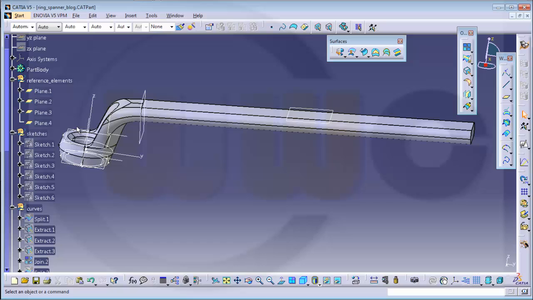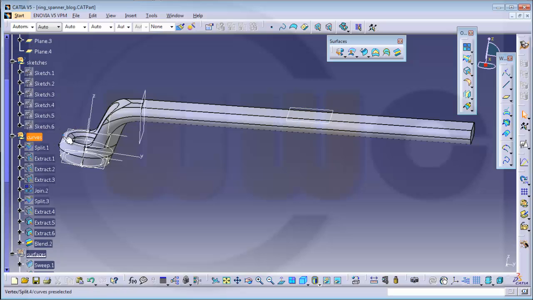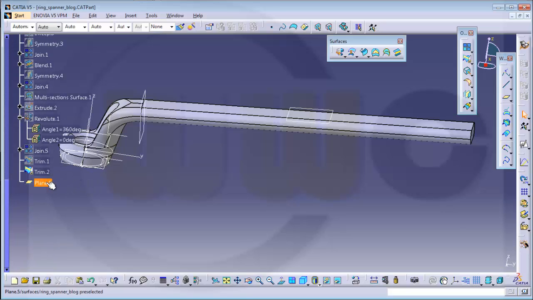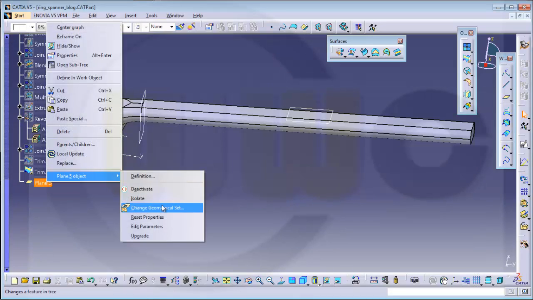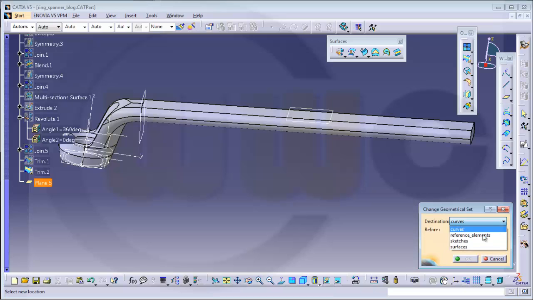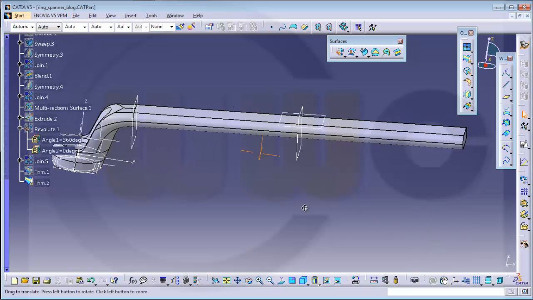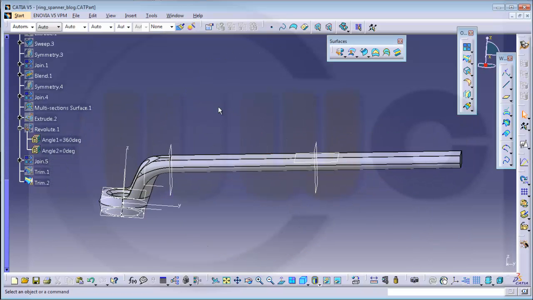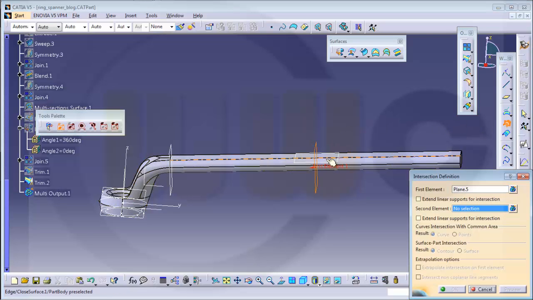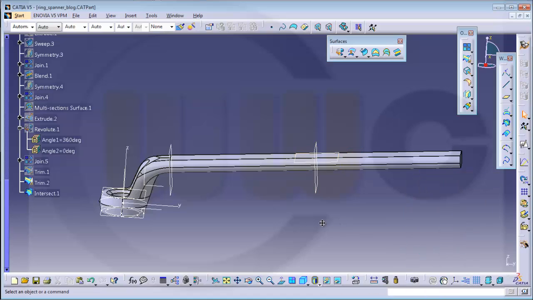And then where is my plane? It should be in a different geometrical set right here, then it's visible. And I go for the easy way because it's fast again. I make an intersection between this one and that one,